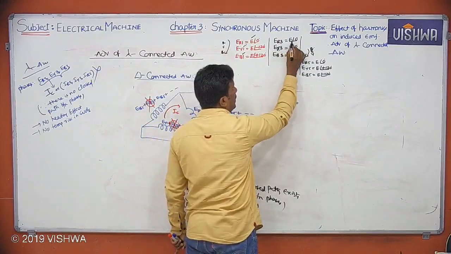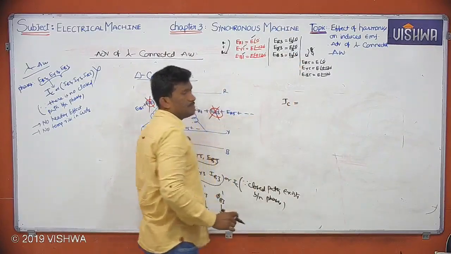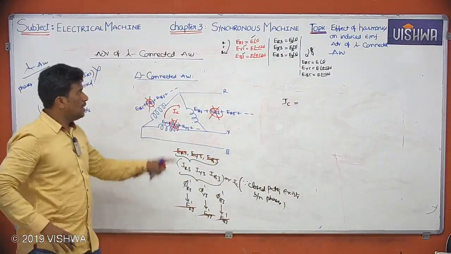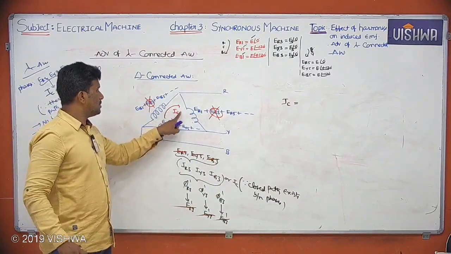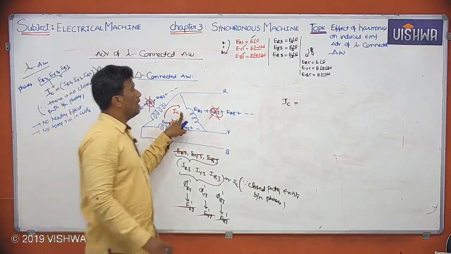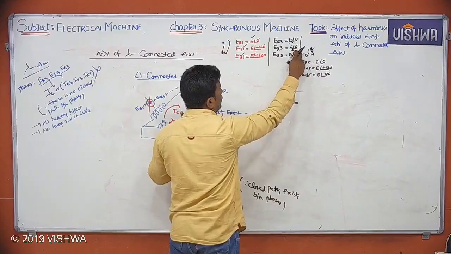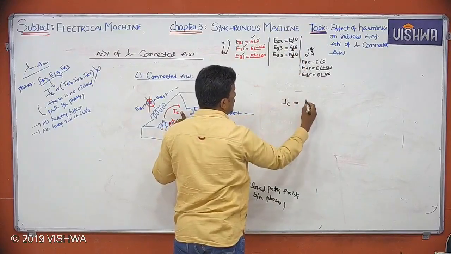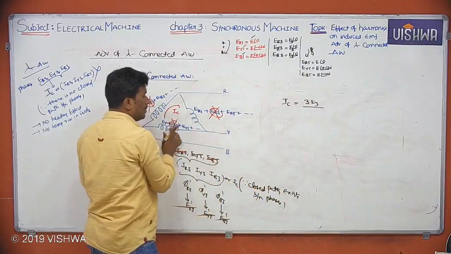Let me take ER3 value E3, EY3 value E3, EB3 value E3. Because of this you are getting circulating currents. These voltages are in phase, so E3 plus E3 plus E3, that is 3E3, divided by